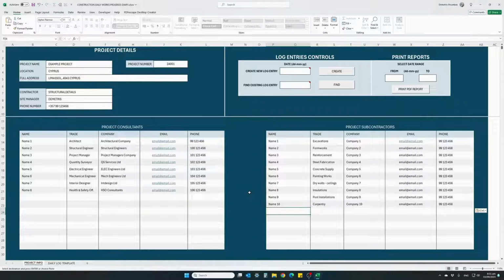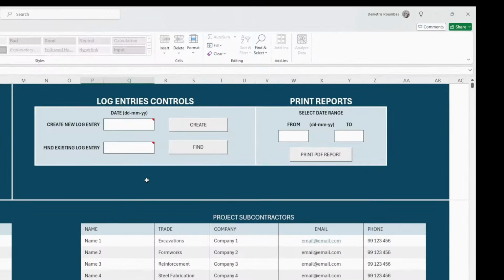So to create our first log entry, all you have to do is come here at the top right section where it says create new log entry, and we have to enter the date. The date must be entered in the format day, month, year. So let's start with the 1st of September